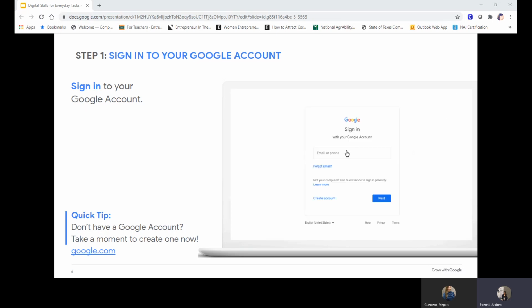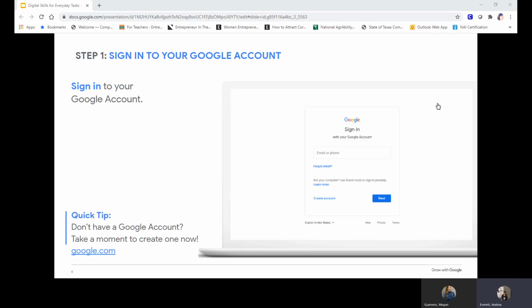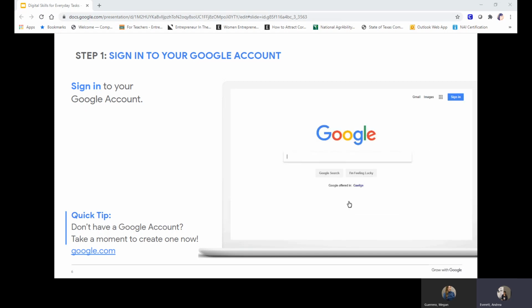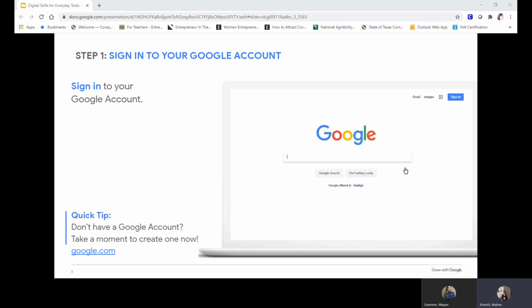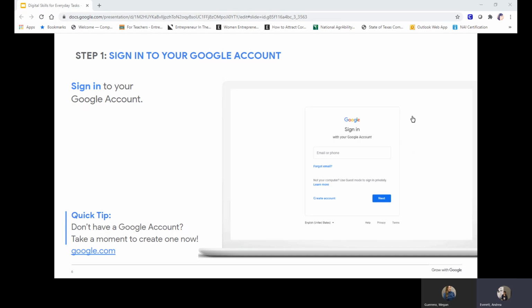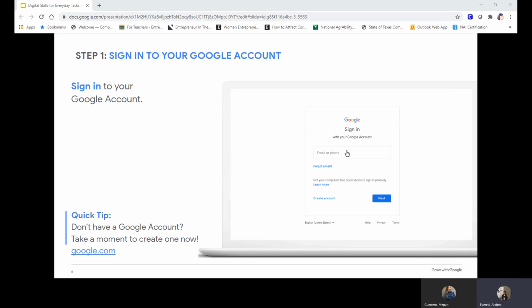For example, you can use a sheet to create a budget or a job search plan. You can use a Google document to create a resume or cover letter, design a flyer, or brainstorm for a big project. First, we need to access these applications. So let's take this opportunity to sign into your Google account. Open a new tab in your browser window and navigate to google.com.